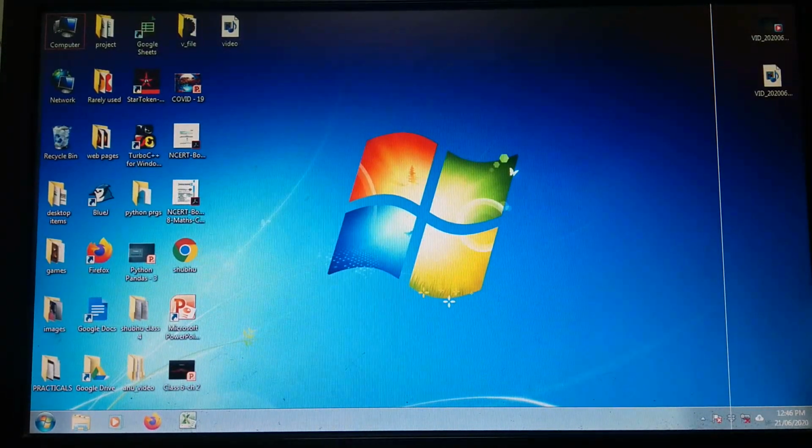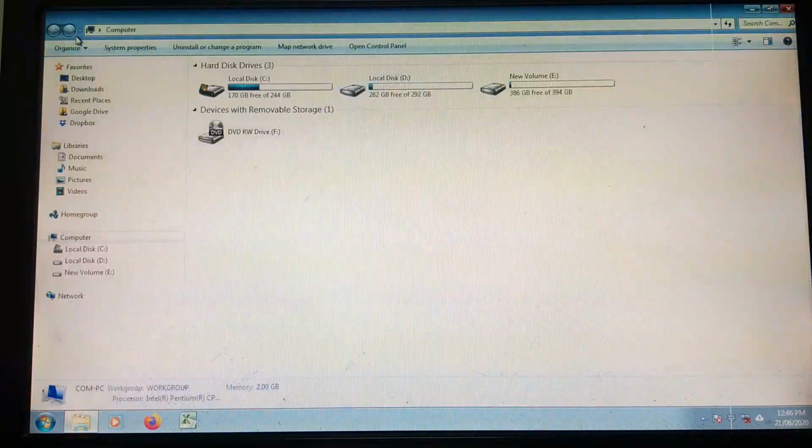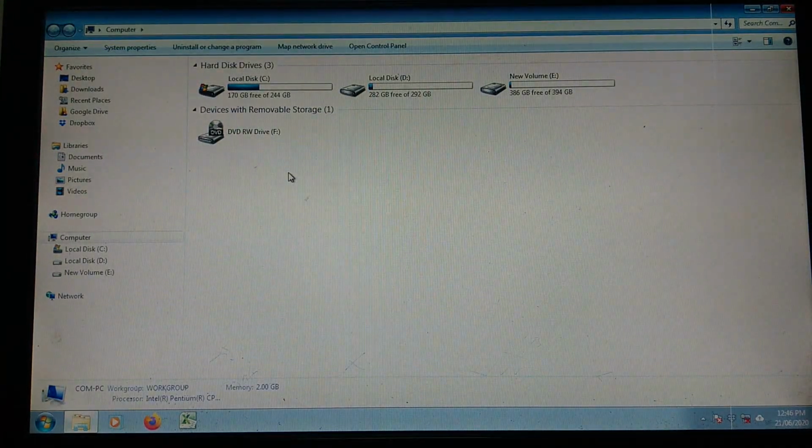What are the steps? So students, this is the desktop, and this is the taskbar, and all these are the icons. On the desktop, double click on this computer icon. You will get such a window. On the left side, you get Organize, which shows the folder content. So click on this